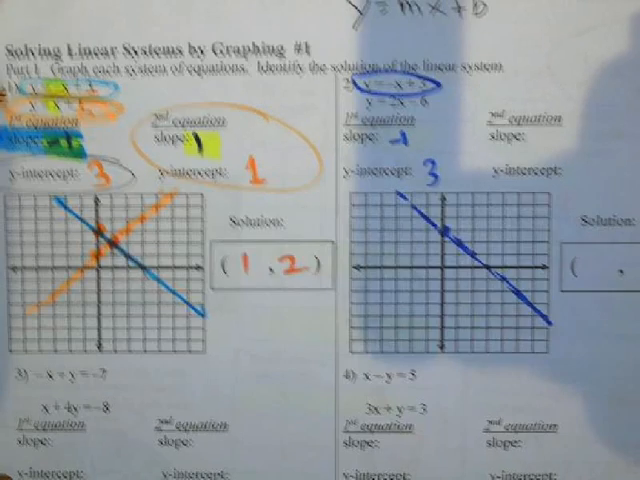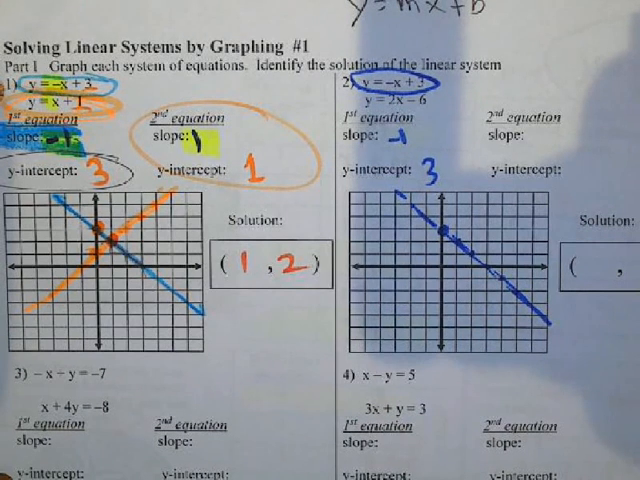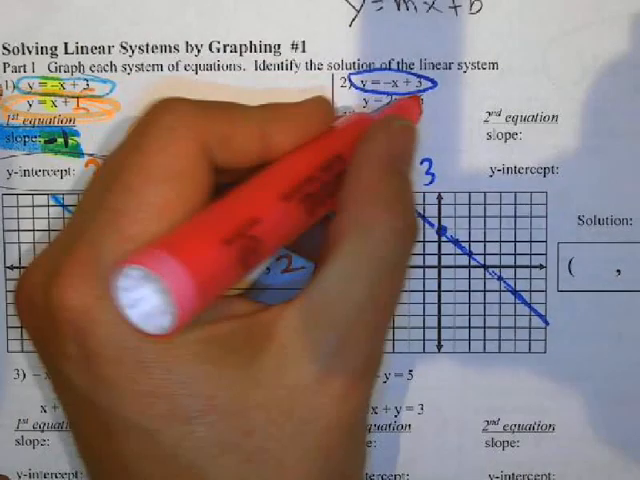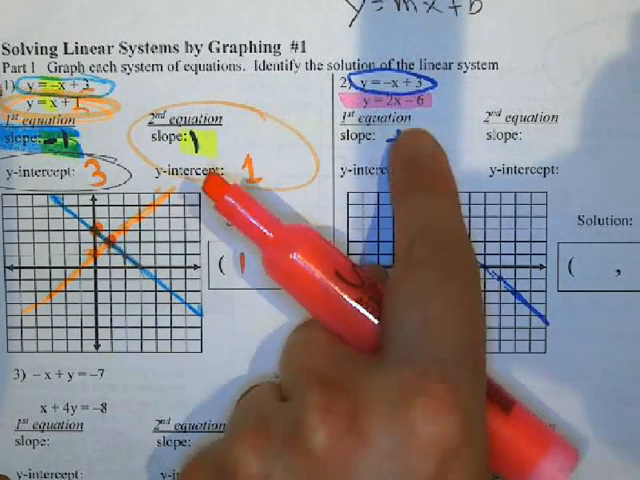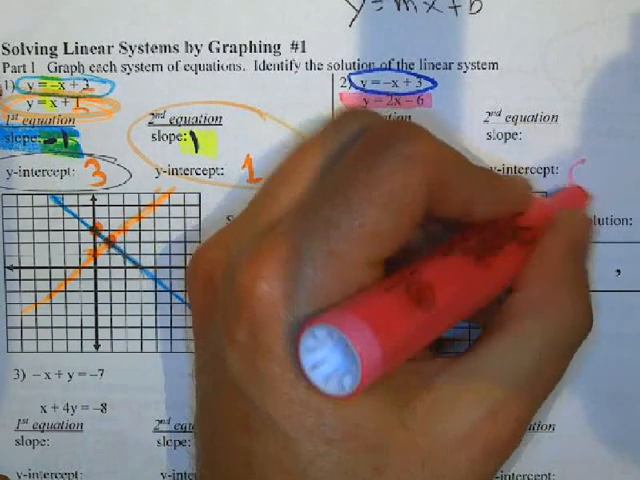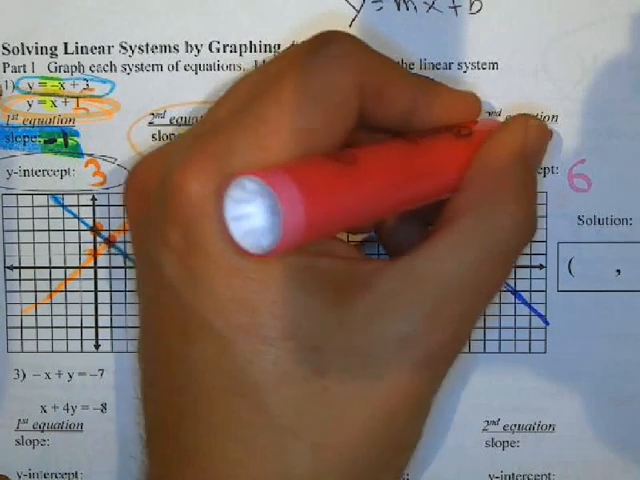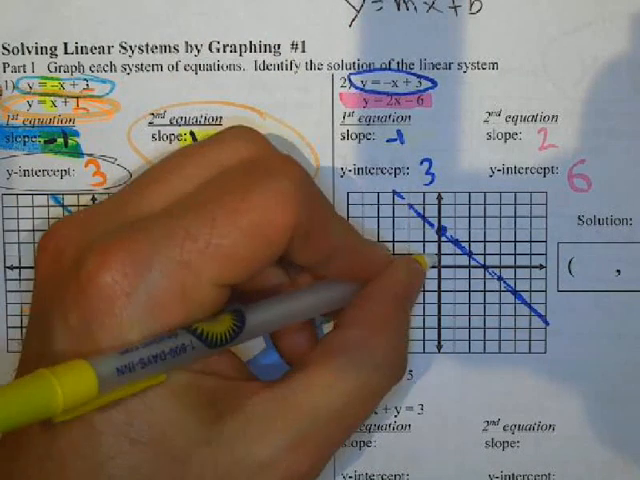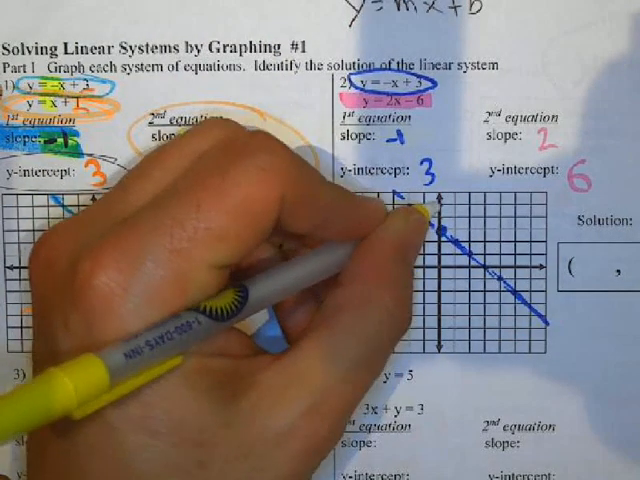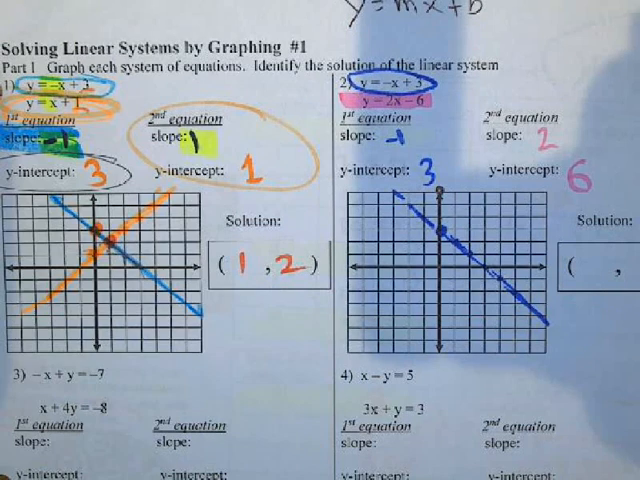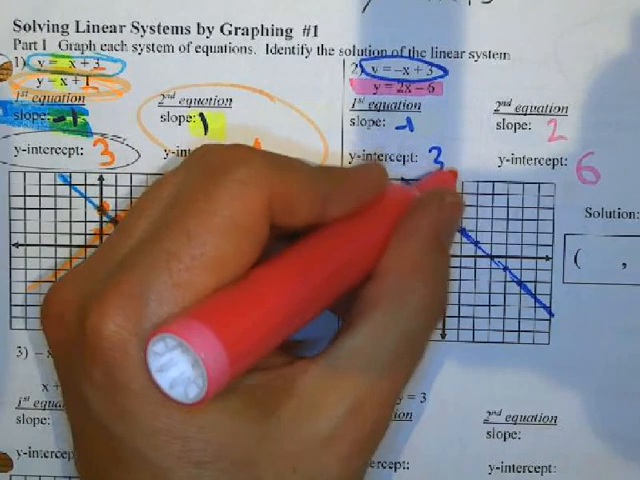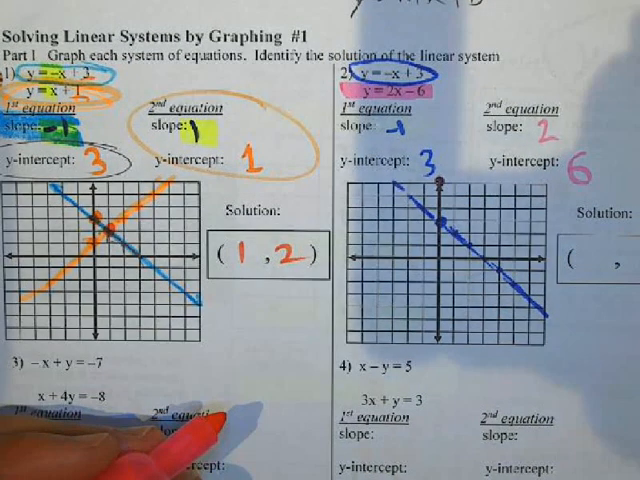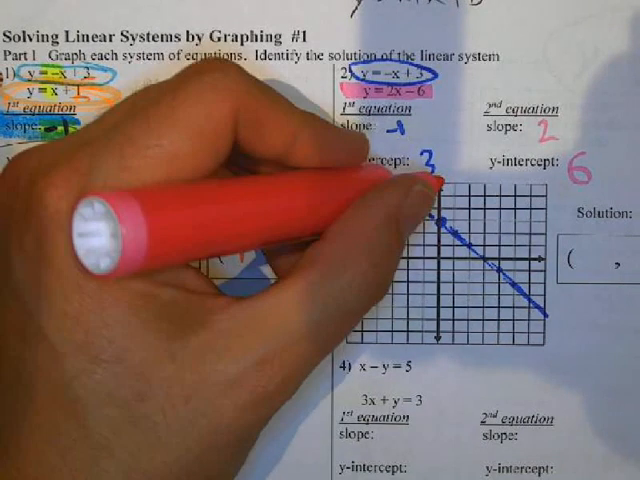Now the other one, I'll do that in pink. My y-intercept is 6. My slope is 2. So if my y-intercept is 6, I'm going to put a dot at 6. So 1, 2, 3, 4, 5, 6 here. And my slope is 2, so